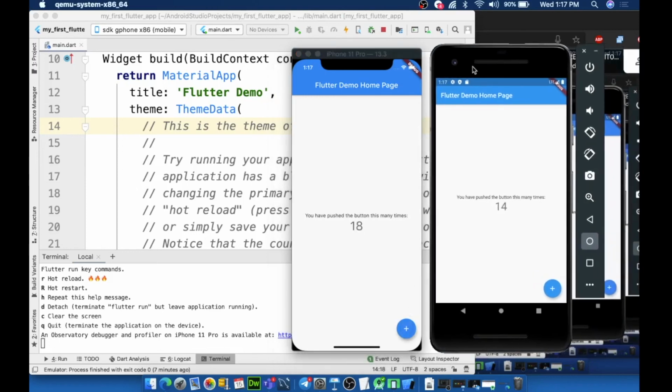These two are essentially the same application. They are running from a single code base, and we never made even one line of change. It's the same code which is running on both your Android and your iPhone. And look at how similar the applications look. That is what Flutter can do.